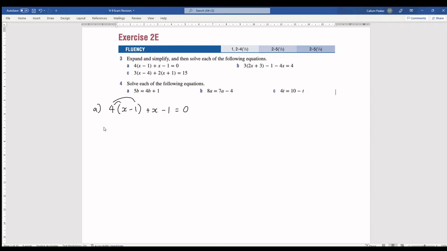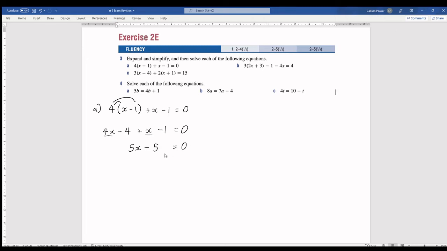So 4 times x gives me 4x, minus 4 times 1, which is just 4, plus x minus 1 equals 0. And then I collect my like terms. I notice I have 4x over here and 1x over here, so that gives me a total of 5x. I have minus 4 here and a minus 1 here, and minus 4 minus 1 is minus 5